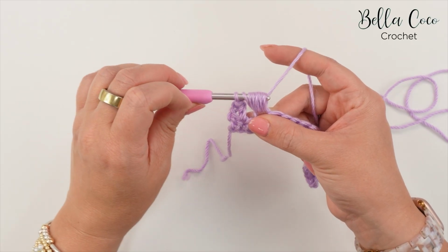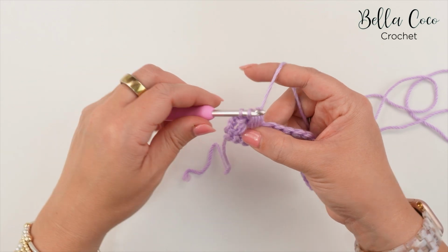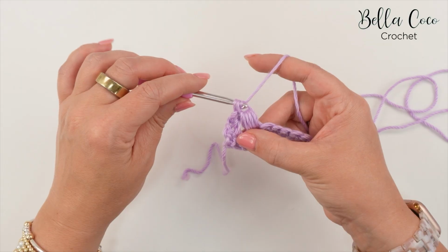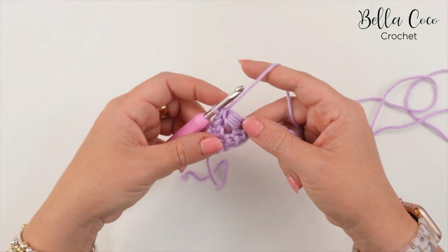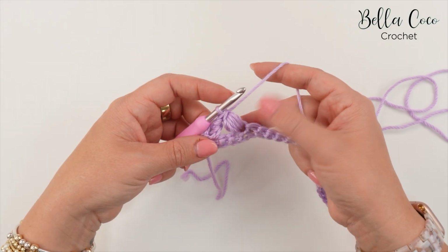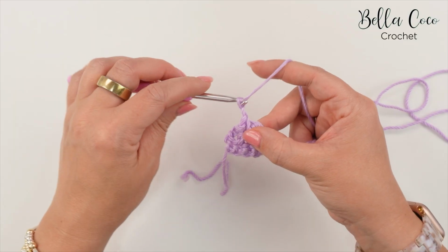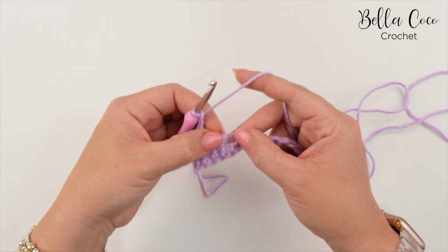So yarn over and pull through all of those first 10 loops. You'll have 2 loops on the hook. And then we're going to yarn over and then pull through both of those loops to secure that stitch in place. We're now going to chain 2, 1 and 2, and we're going to work another one of those into